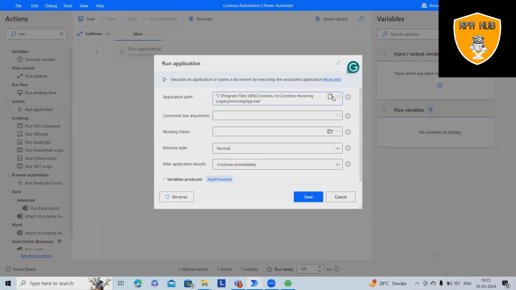If you want, you can create the variable and directly add that variable name here. Even if you will just add legacy invoicing app.exe, then also it will work. But for better stability, we are going to define the complete path, application path. Command line arguments, if you are using, you can add it here. As of now, it's not required in this automation, and